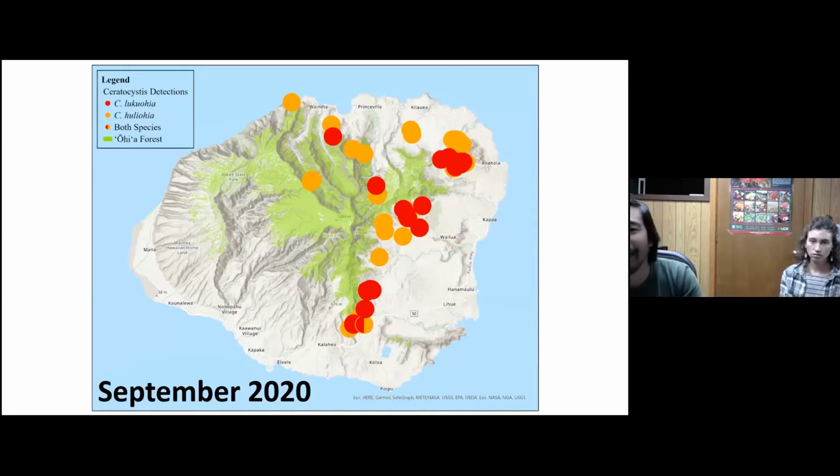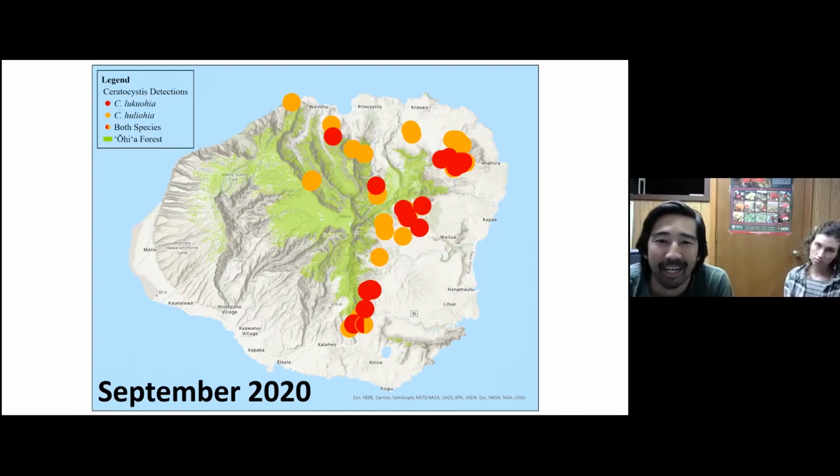But the key thing to note here is that we had not found it up in our higher elevation forest. So the Alakai Plateau in the center of the island here, in Kokee, it had been somewhat confined to a certain habitat type, what we would generally call low elevation, so up to about 1,500 feet, wet valleys with scattered ohia, a mix of native and non-native vegetation. And so we were hopeful that ROD wouldn't be able to make the jump up into this colder, wetter, higher elevation forest. And that's how things kind of went for the first couple of years until December of